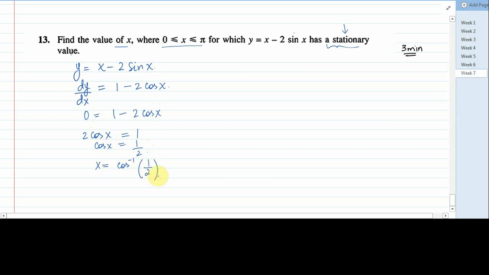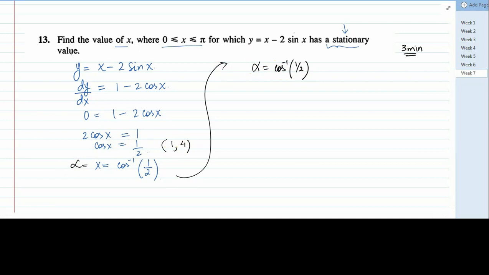Now this question is from the topic trigonometry. So in trigonometry we need to find the value of alpha first, right? And since cos is positive, that means we are dealing with either the first quadrant or the fourth quadrant. So alpha equals cos inverse of 1 over 2. Make sure that your calculators are in radian mode. That is very important. That is why I am repeating it again and again. So cos inverse of 1 upon 2 gives you the value of